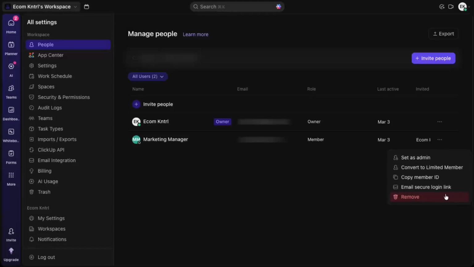In the menu that appears, click on the option labeled Remove. ClickUp may ask you to confirm this action, especially for admin members. Confirm the removal if prompted, and that admin will be